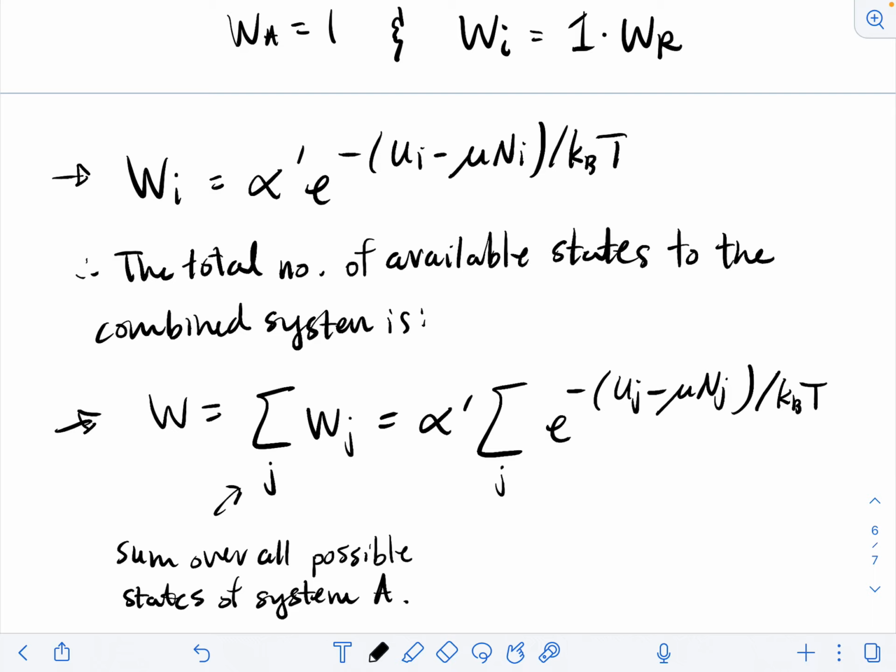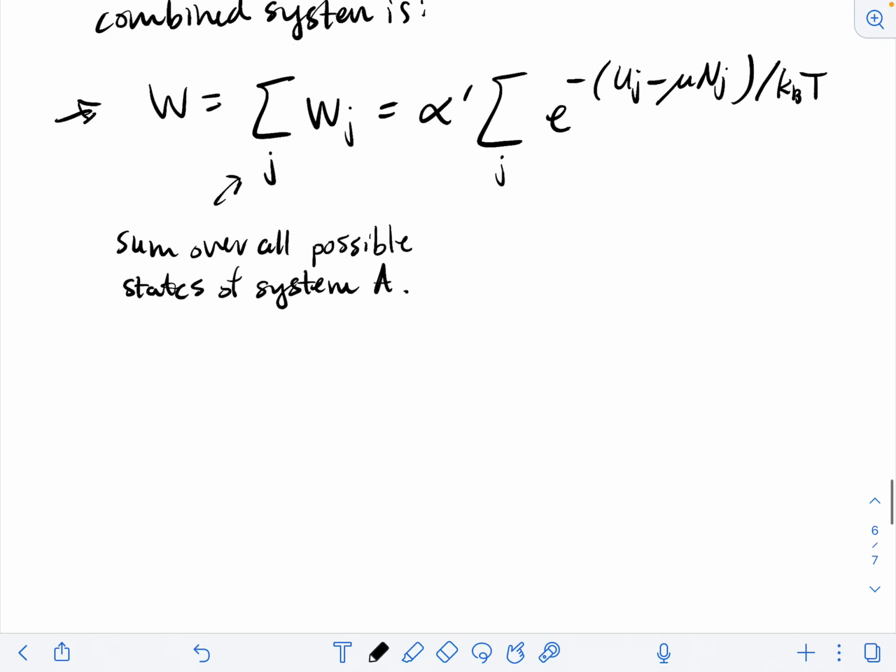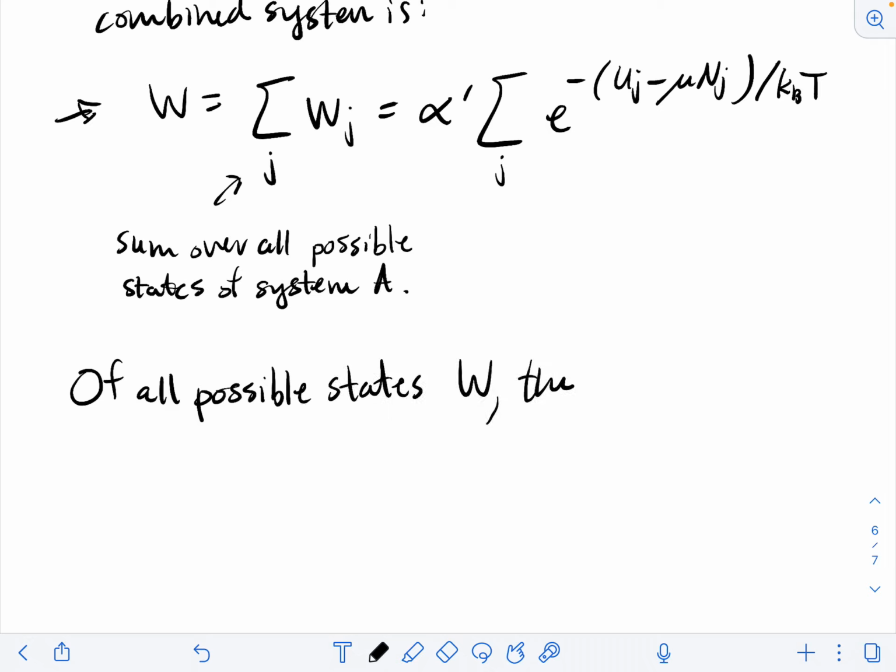And the ratio of those two tells us the probability that we'll find system A in a state phi I. So, of all possible states W, the probability, say Pi, of being in state phi I is,